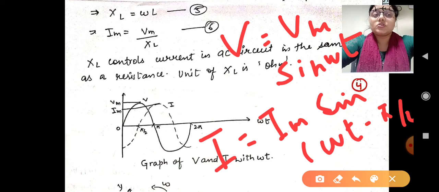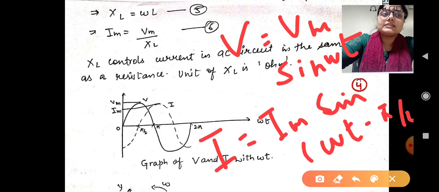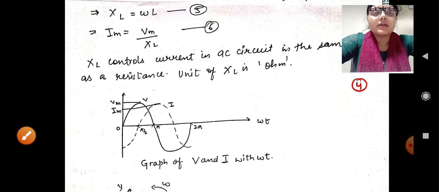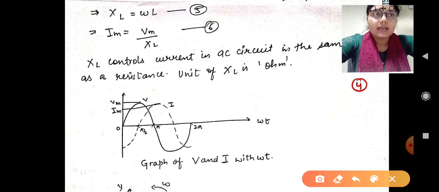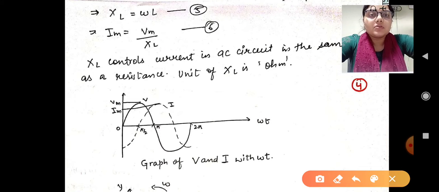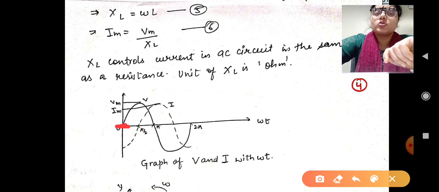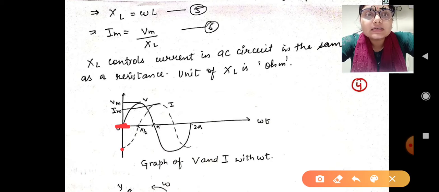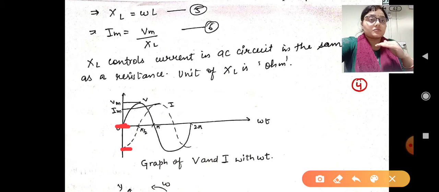Okay, but in this you have seen that it was 90 degree in the minus form, lagging behind. Clear? So according to that, if we discuss the diagram, we have studied that the voltage has started from here at 0, and it took up to 2 pi, one cycle was covered. Now if we are discussing I1, this I1 starts from 90 degree lag behind in the minus form.